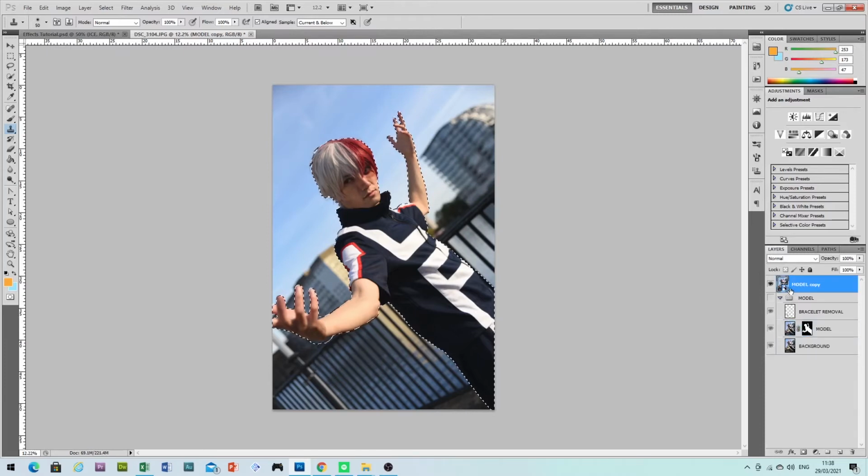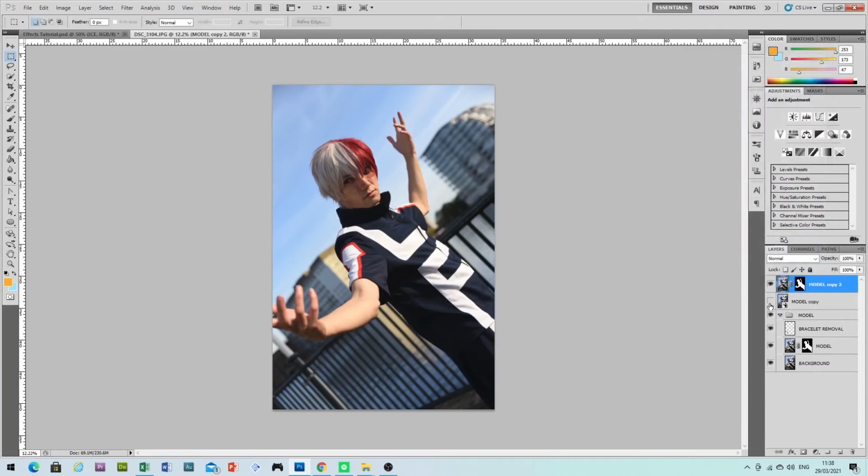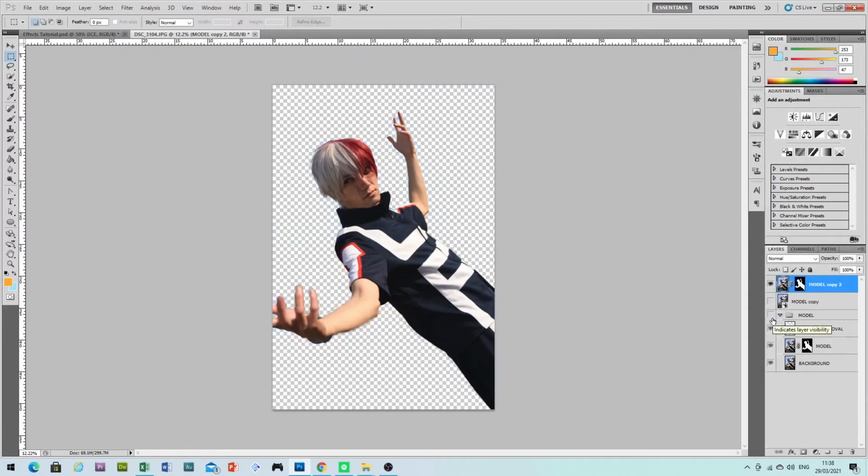But I'm also going to take this selection that I did before, and I'm going to do a refine edge on it. So if you ever want to select a layer, you can hold Control or Command on a Mac and click on the layer, and it will select the whole layer. If you want to do that on a masking layer, you can do the same thing, and it will very quickly select the mask for you or the layer for you. So I can now go to Refine Edge and do a new layer with Layer Mask on this model copy and get the exact same pull that I had before. So if I turn off these layers, you can see there that I've got my